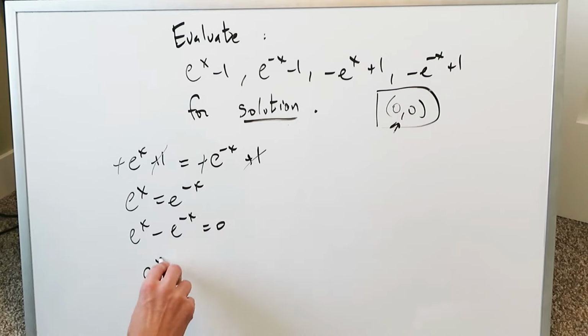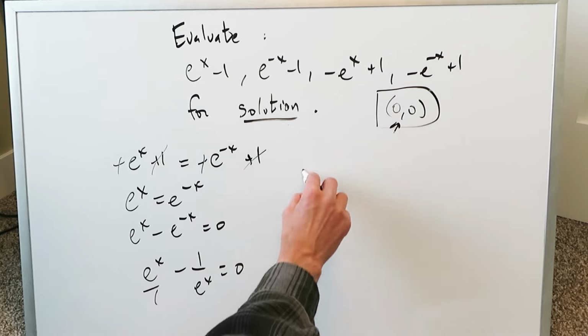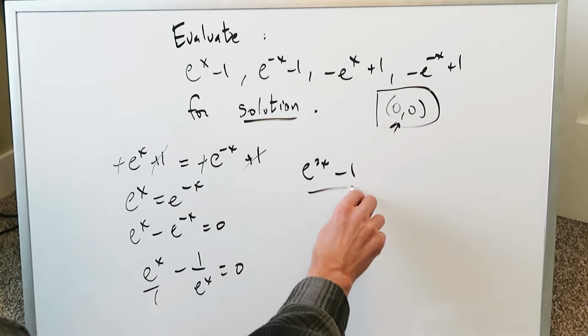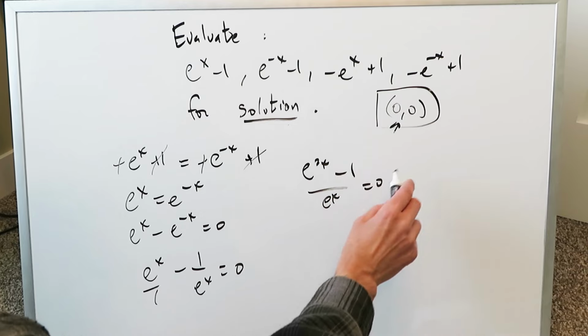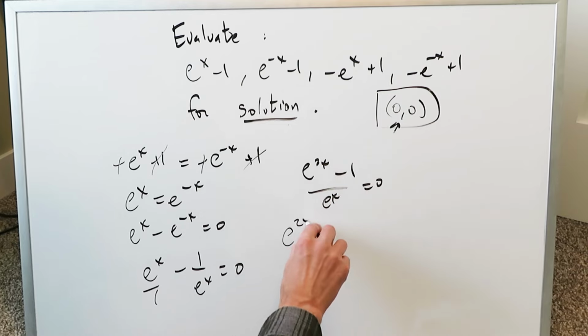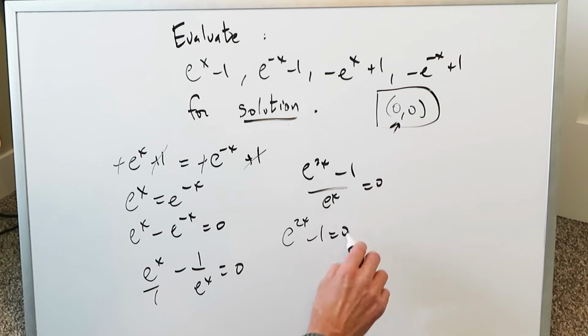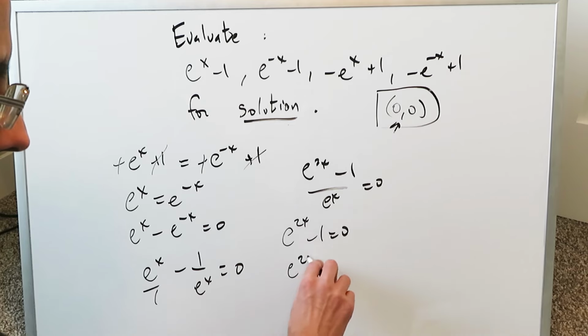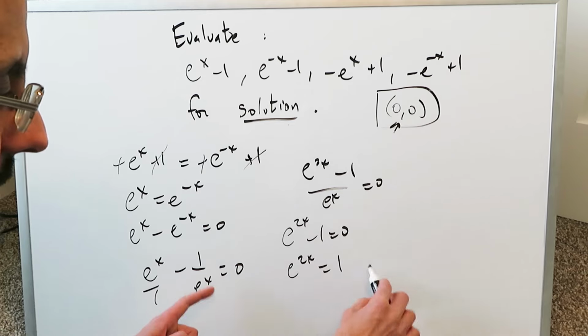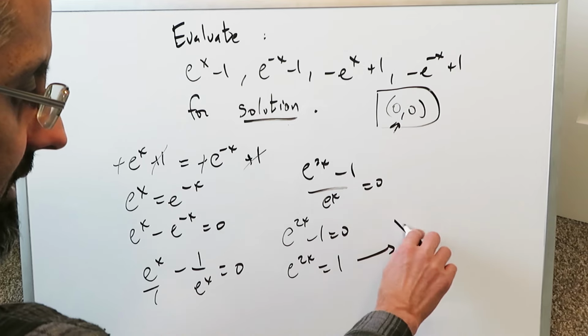Get rid of this negative exponent, and you have this. And you know how this is going to work out. You'll have e to the 2x minus 1, or e to the x, is equal to 0. You'll take this on the other side, it'll zero out. You'll have e to the 2x minus 1 equals 0. Take 1 on the other side, you have e to the 2x is equal to 1. And then when you do the natural logs, as you saw previously, you'll have x is equal to